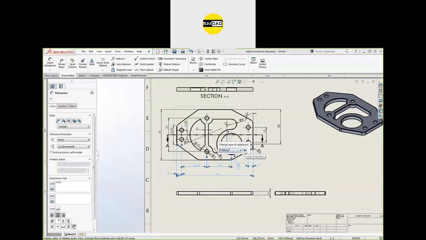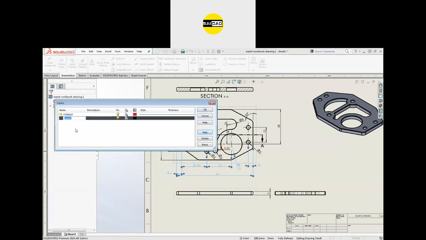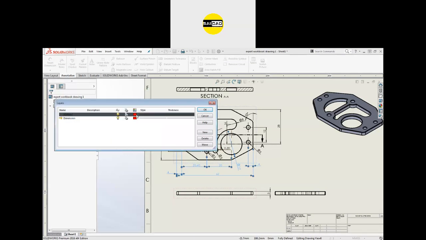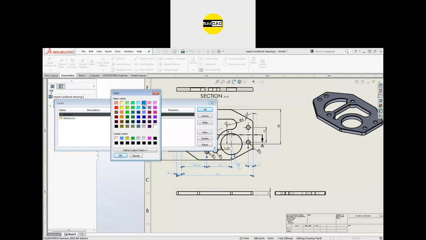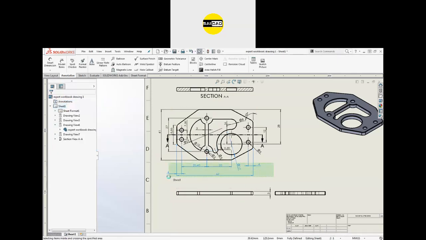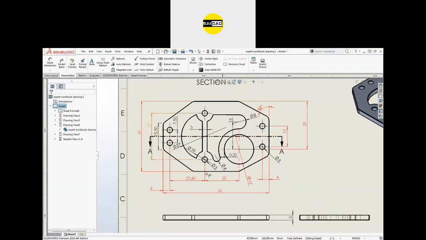If you click on layer properties here, you will see the format has a color of black. I want to specify that color to be red. If you want to create a new layer, like I want that to be dimension, for dimension I'm going to specify red, but for the format I am going to specify the color blue. You will see that these objects are currently in format. So just select the entity like this, right click, change the layer, select the layer. I want that to be in dimension. So the object will be in the layer of the dimension.